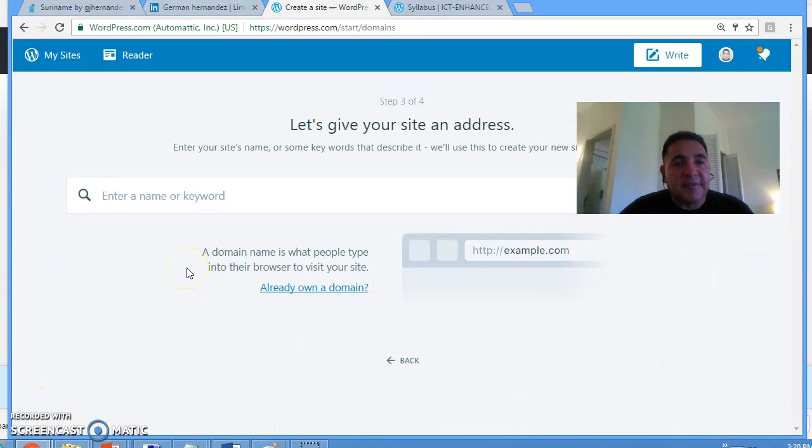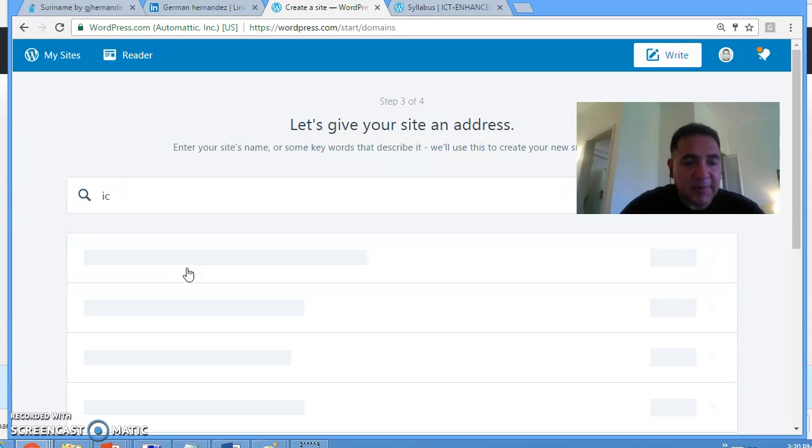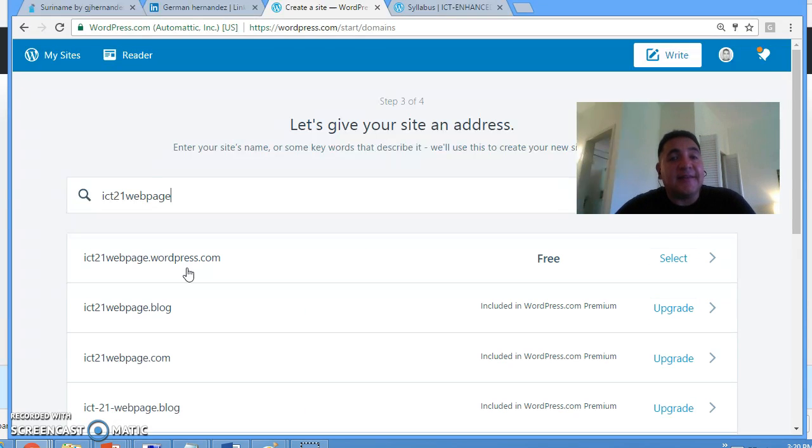The step 3 out of the 4 steps to have the configuration of the website or the web page is to choose a site address that is going to be the name of the page with which you can access the page from the browsers. Then we're going to have here ICT 21 web page, and then the